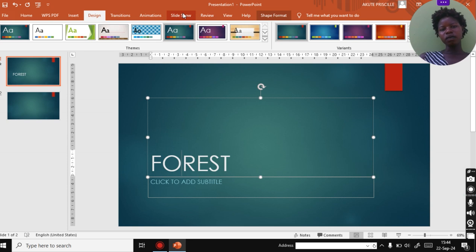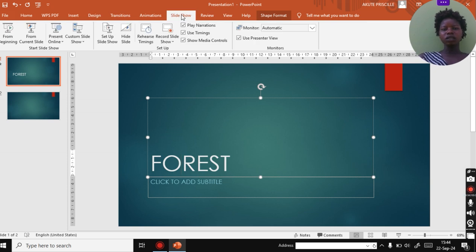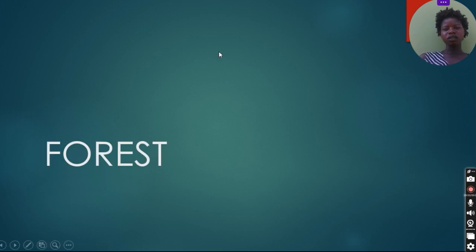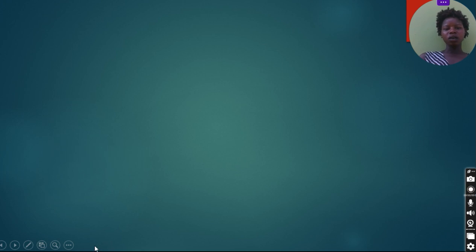And the next thing we have under presentation is also a slideshow. So slideshow is just now if you want to present your work to the audience, you can just maybe say from the beginning or from the end. Let us see how the slideshow works. That is how it is. Others are on mouse click, while others you can just let us end the show